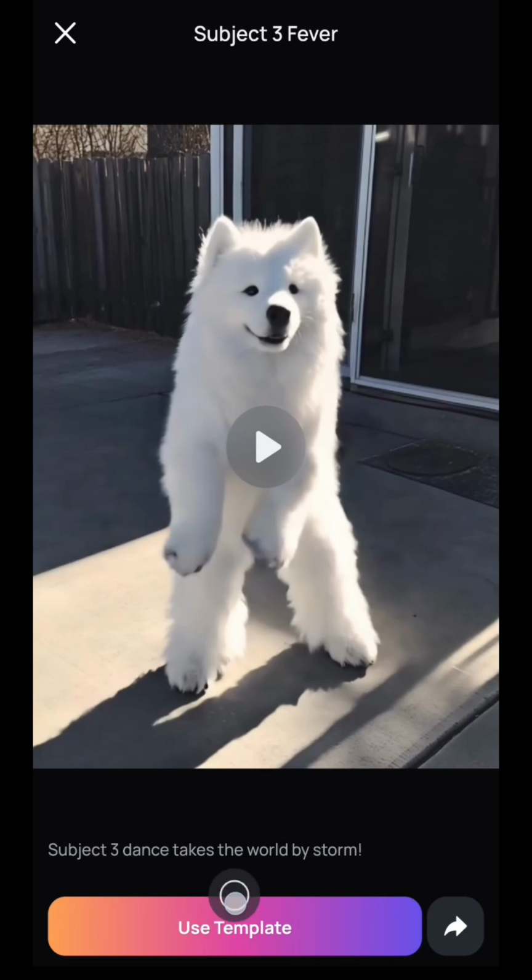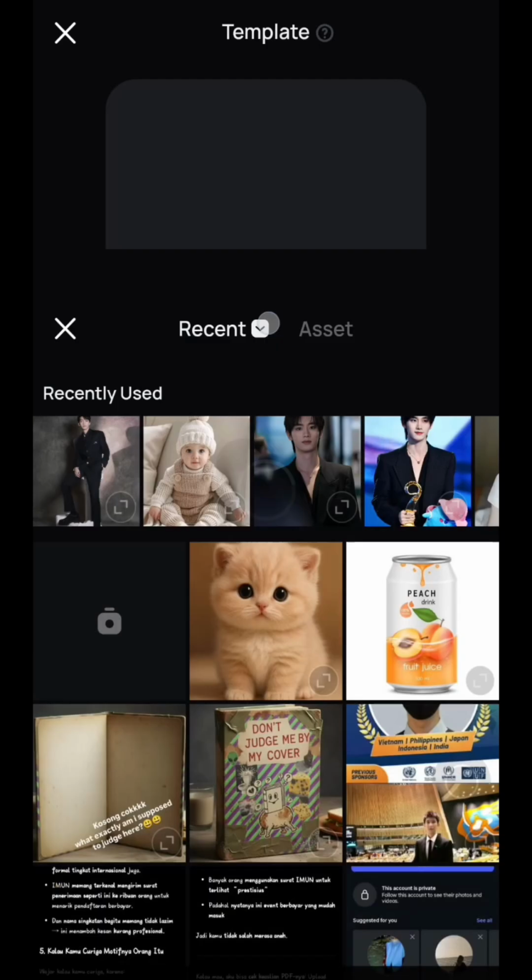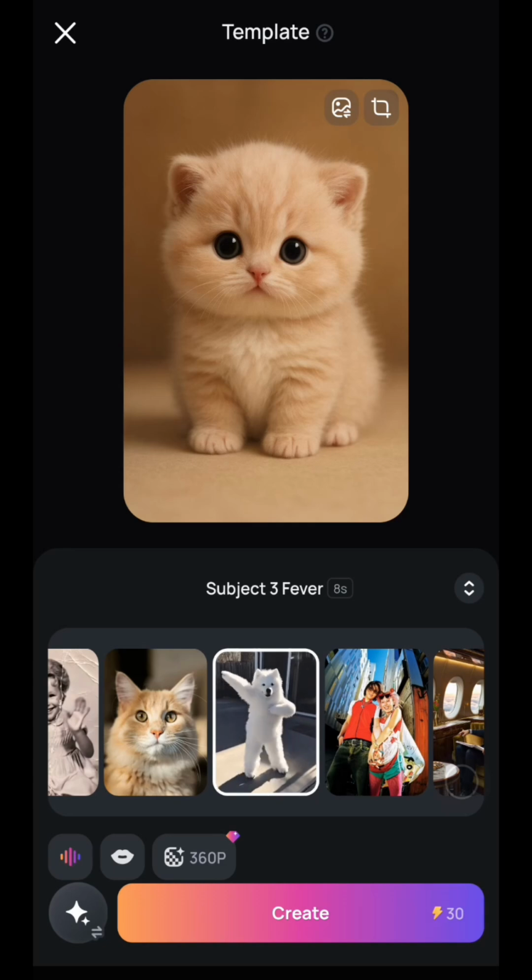Next, just tap on use template and then just choose your photo that you want to transform into an animations like this. And in here you can use a photo of your pet or even your another favorite animal. Just make sure the subject is clear and centered. And once the photo is uploaded, just tap on create. It will need 30 credits. Next, just tap on it